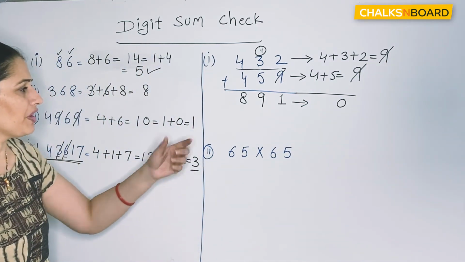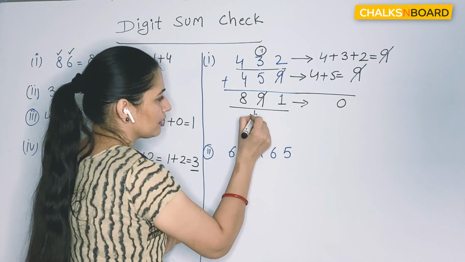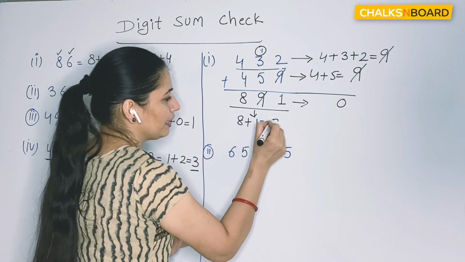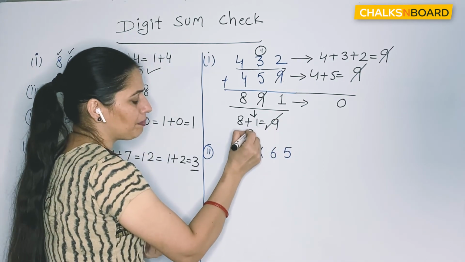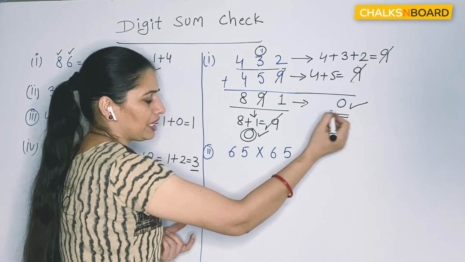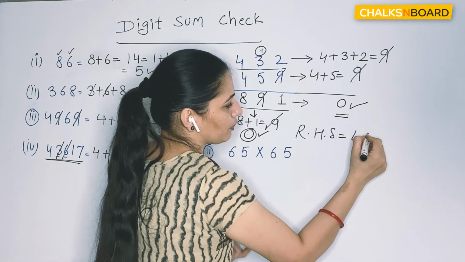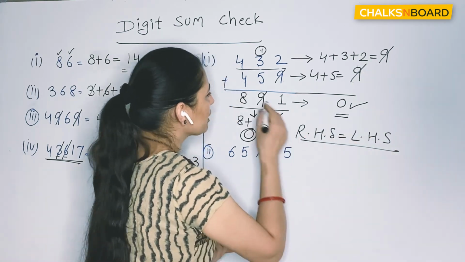In the same way, when we add the result, that is 9 cancel, 8 plus 1, again 9. So we can cancel this. तो यहाँ पर भी आपको 0 मिला है आंसर में और यहाँ पर भी आपको आंसर में 0 मिला है। अगर राइट हैंड साइड और लेफ्ट हैंड साइड दोनों की दोनों इक्वल है तो इसका मतलब आपका जो एडिशन है